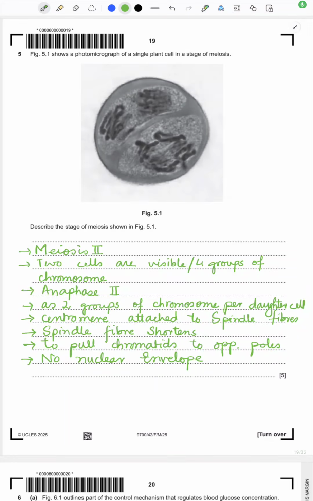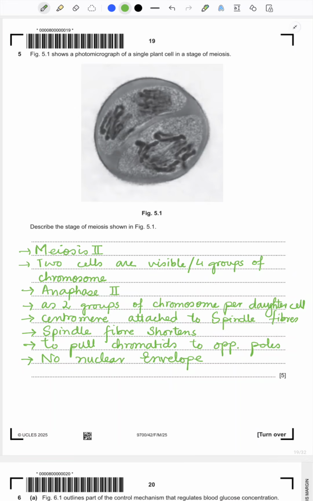It is challenging to identify a certain stage in the stages of meiosis, especially because meiosis has, as we know, two stages, meiosis 1 and meiosis 2, and students are always confused when it comes to identifying whether it belongs to meiosis 1 or meiosis 2. Now, in this particular question, we can see that an image is given, a photomicrograph of a single plant cell in a stage of meiosis, and then it says describe the stage of meiosis shown in